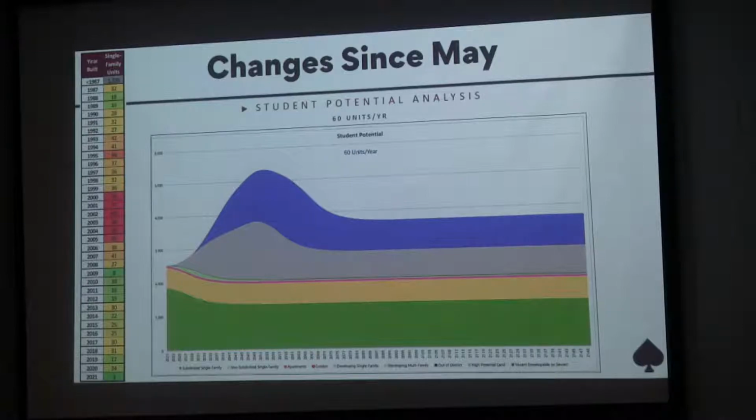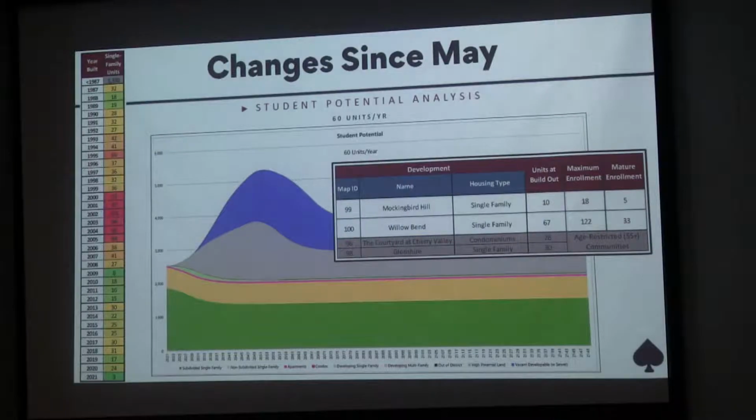But we do have some actual solid current data to point to, and that is current developments that are already underway. These are the breakdown of homes coming that are either already in progress or will be shortly. So 60 new homes based on this information is very reasonable based on what we're currently seeing.